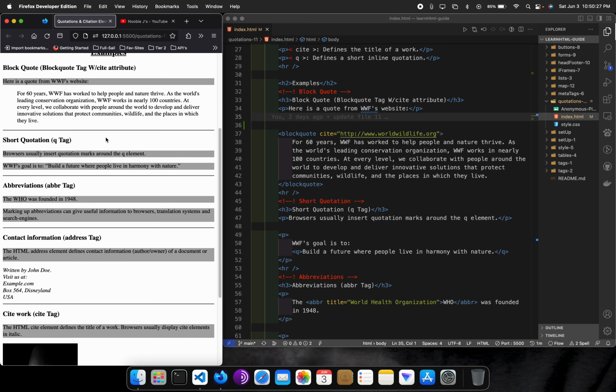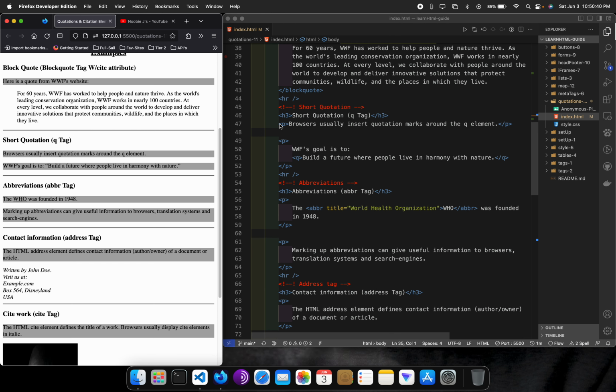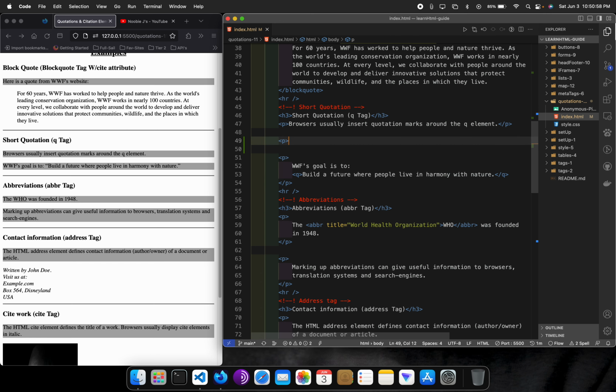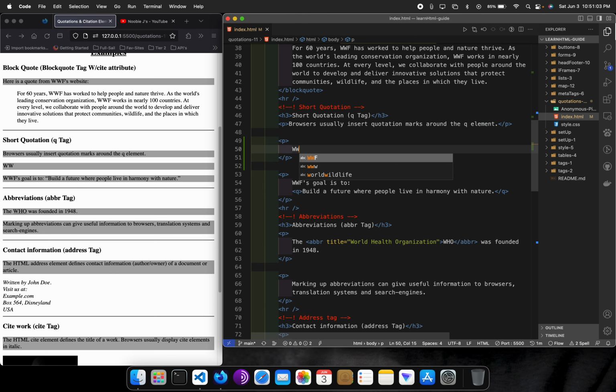Next is the short quotation, which will be similar. The only difference is it's short and it's in quotation marks. So here we go down to short quotation. Browsers usually insert the quotation marks around the Q element. So what happens is, we'll make a paragraph tag, and then we'll put a Q tag inside of it, and that'll look like this. Paragraph tag, we'll open it up. Okay, we'll have the WWF